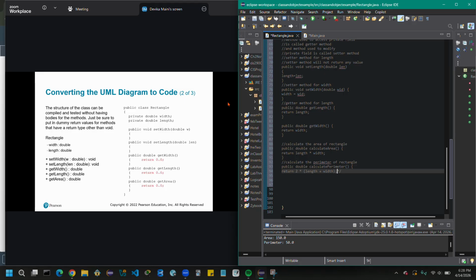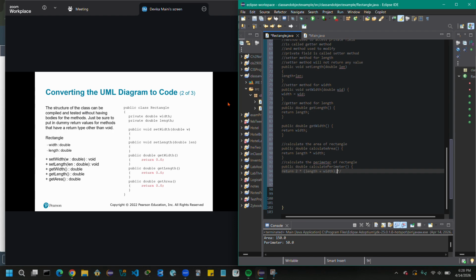This is the structure of a class that can be compiled and tested without having the body for the methods. Just be sure to put dummy return values for methods that have a return type other than void. That's why we have return 0.0 here. Those are the dummy values.